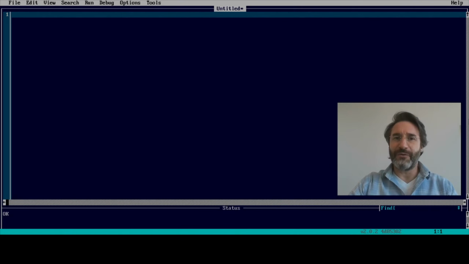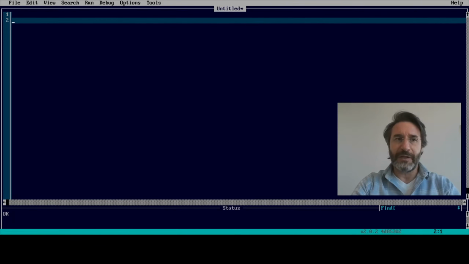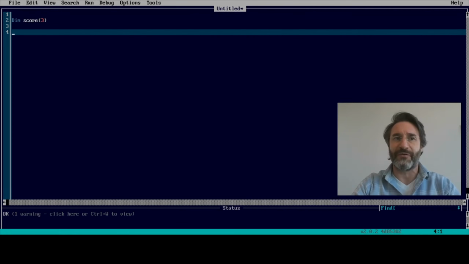Now that we know how to define an array, how can we populate this array with values? And there are different answers to this question. So let's see the first and the simplest one. Let's suppose that we have defined an array which is again called score, and we have 3 different elements to